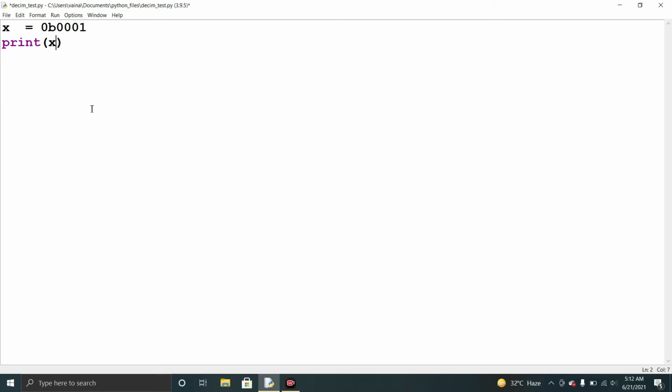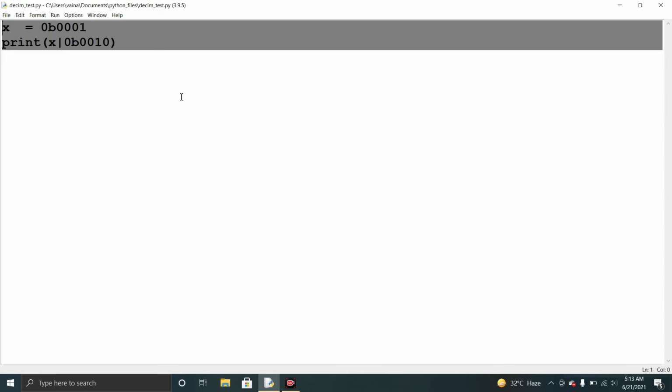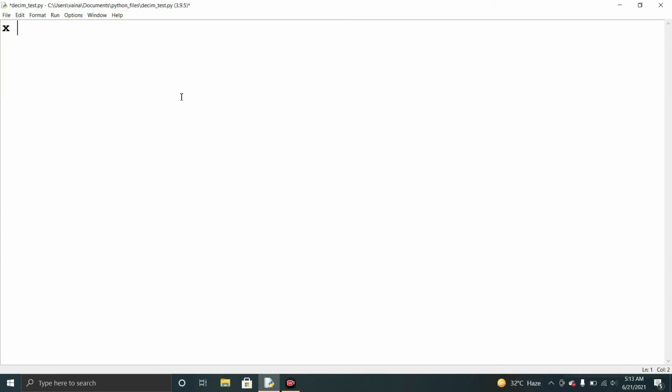We can also do the OR operation with a binary number like 0b0010, and if we OR between x and the value of 2, we get the output 3. Similarly, we can do the AND operation, and we end by doing the XOR operation.